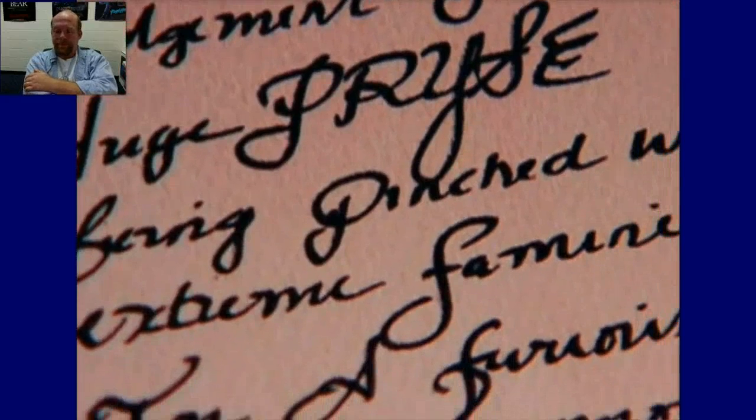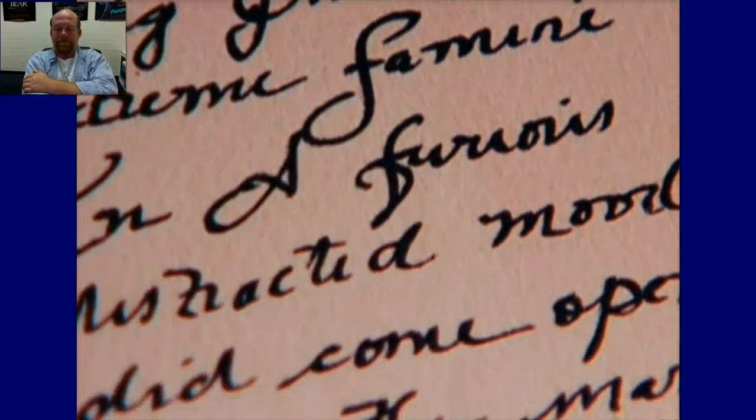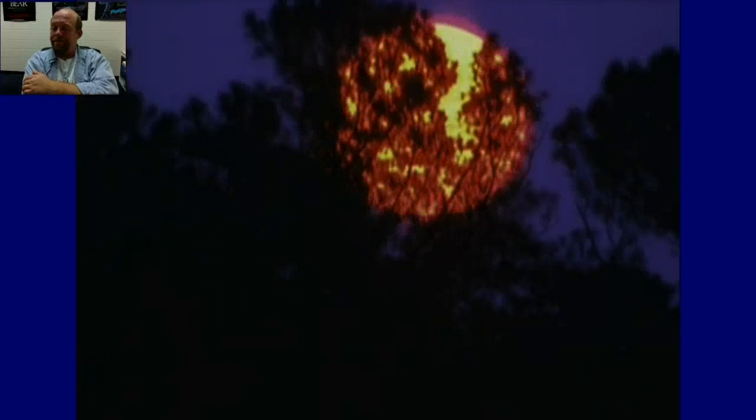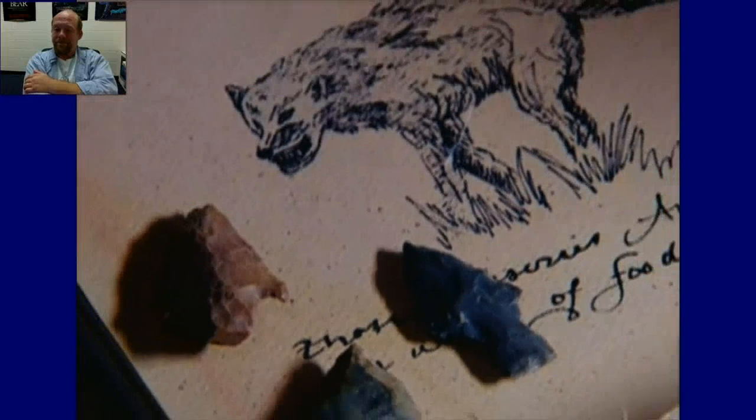The survivors talk about the terrible things that they had to resort to eating, including their shoe leather. They had to eat the rats that had come over on the ships. They had to eat the cats they brought to catch the rats. A colonist named Hugh Price becomes unhinged by the situation, and he walks out into the middle of the public square and cries out, "There is no God." And then he walks out the gate of the fort, and he's found a few days later. His body's full of arrows, and his flesh has been eaten by wolves.